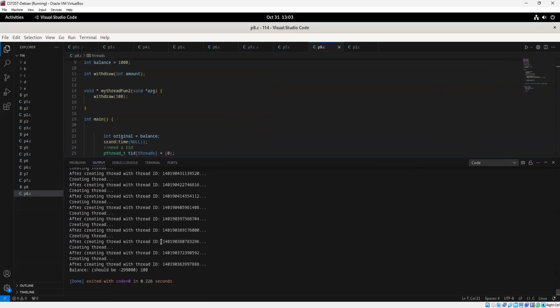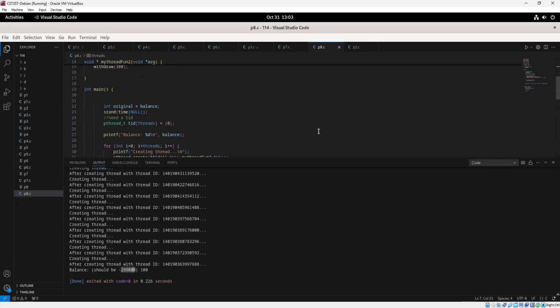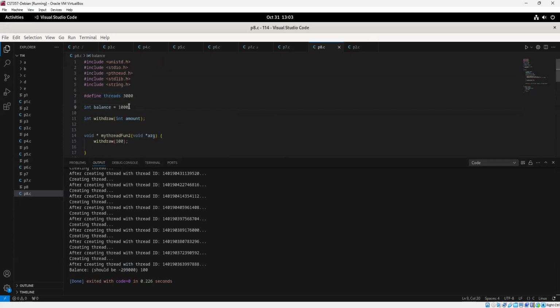Sure will. And the balance should be 299,000, right? Why is that? 3,000 threads times 100 results in $300,000. And then you're subtracting it away from 1,000. So let's actually make this more realistic. We can't check to see if it's a correct value, because it shows that the balance is 100, by the way. And that is because it never withdraws